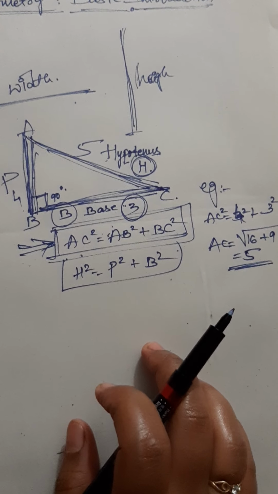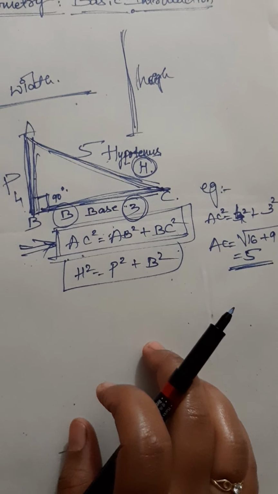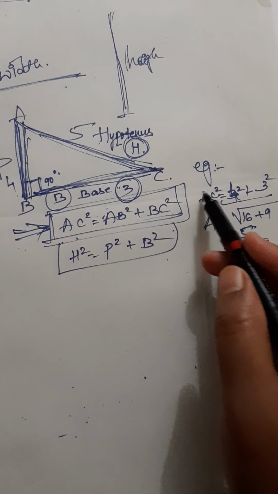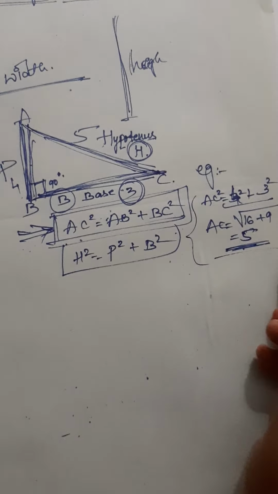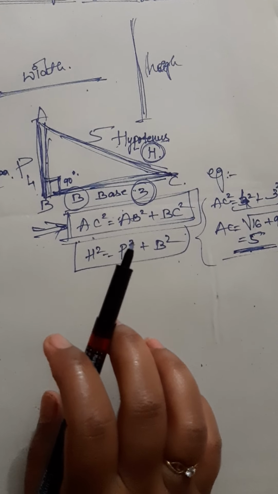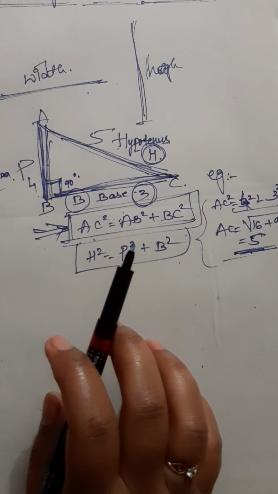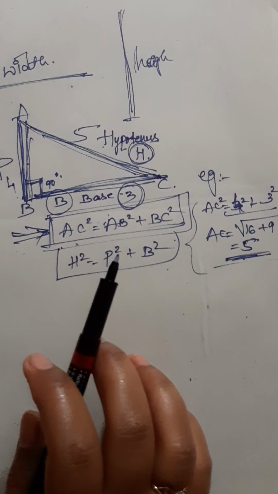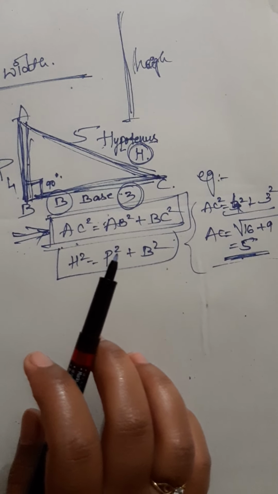The important thing here is that the triangle must be a right angle triangle. We took this example and we have done it. The Pythagoras theorem works only when the angle is 90 degrees; at that time it works perfectly. All of you are familiar with this Pythagoras theorem. I know you learnt this before also, and I can understand that you are familiar with this.